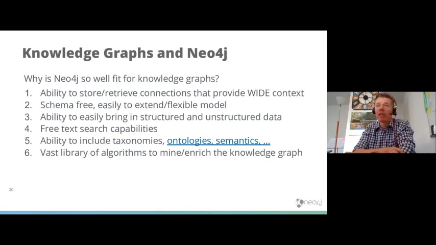Again, if you're dealing with textual data, super important. You can look online. There's various blog posts about how we deal with taxonomies, ontologies, semantics. Again, if you're doing context search, these things are important. And then last but not least, and we'll talk about this later, we've got a vast library of algorithms to actually mine the graph and find paths within the graph that are important. That is why Neo4j is good for knowledge graphs.